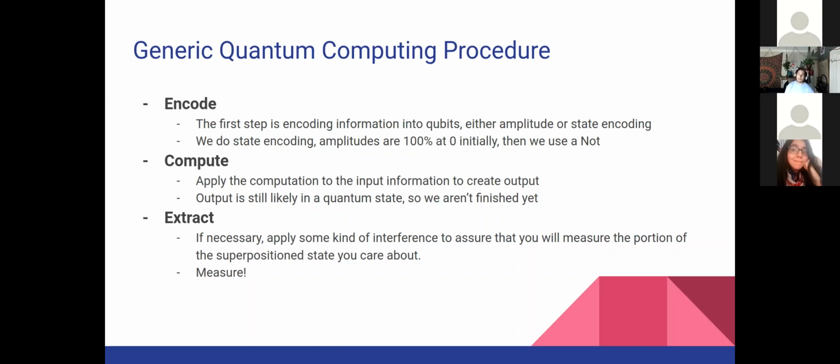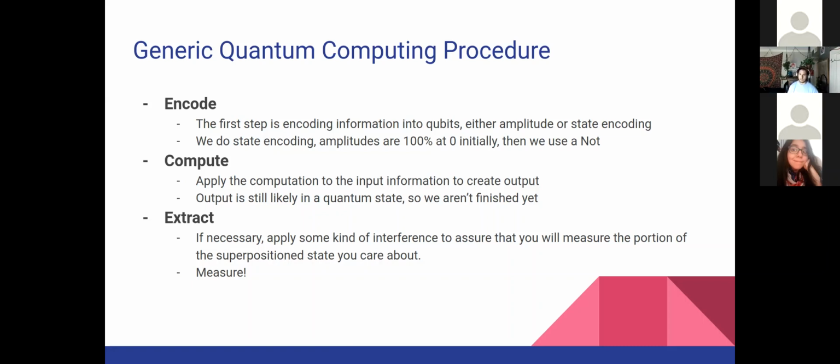And so there's a few ways to do this. You could either do amplitude or state encoding. When we do amplitude encoding, the information that we have, we're putting it into our probabilities. And our probabilities are representative of the information that we're computing, right? So if we wanted to add 2 numbers, adding those 2 numbers through encoding them in amplitudes would consist of adding the amplitudes together,